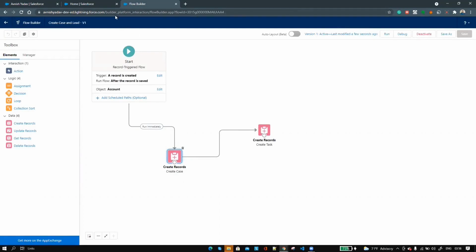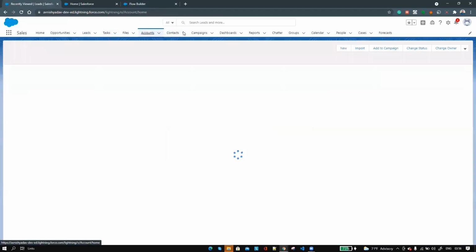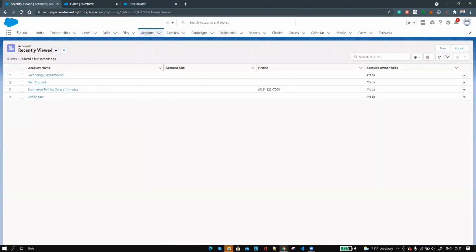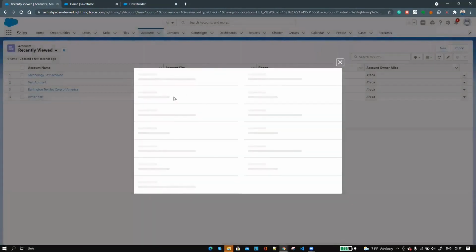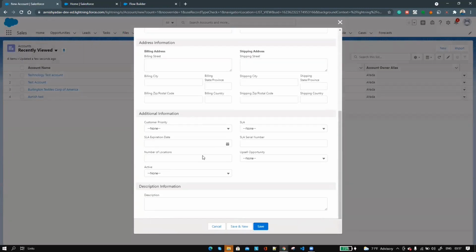So let's test it. Let's go to the Sales app. Let's go to our account, and we are going to create a new account, with the name Test Account Flow, and we'll give some description as test description.